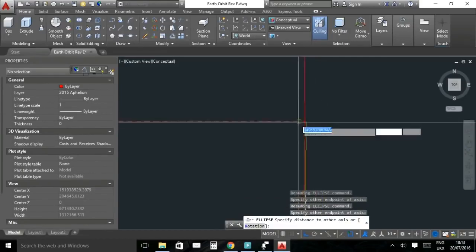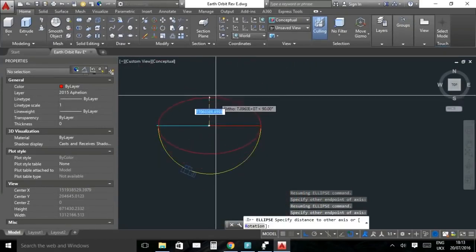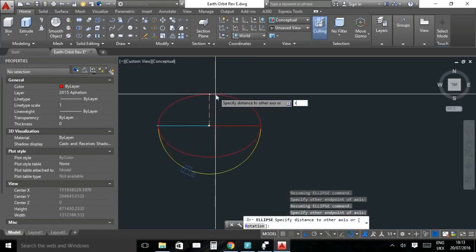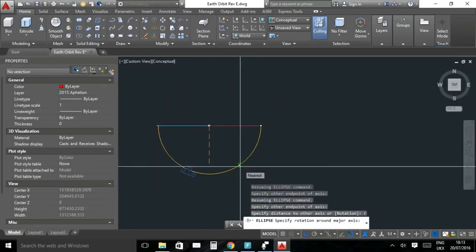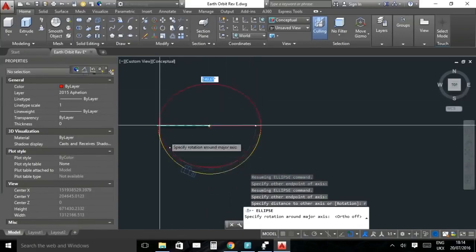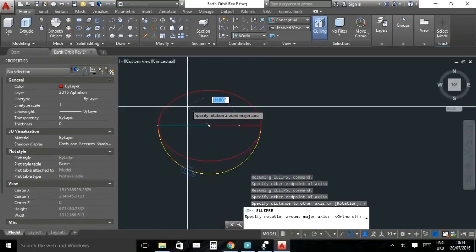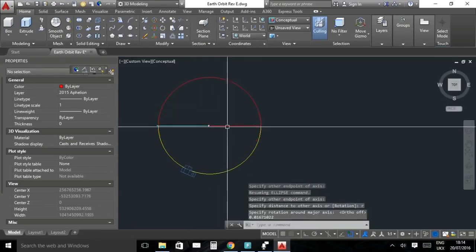So you can see it started to draw the ellipse, and remember we have to type in R for rotation, and as you can see we've got that going on again, and we just need to type in the eccentricity value now, so it's 0.01671022. Okay,